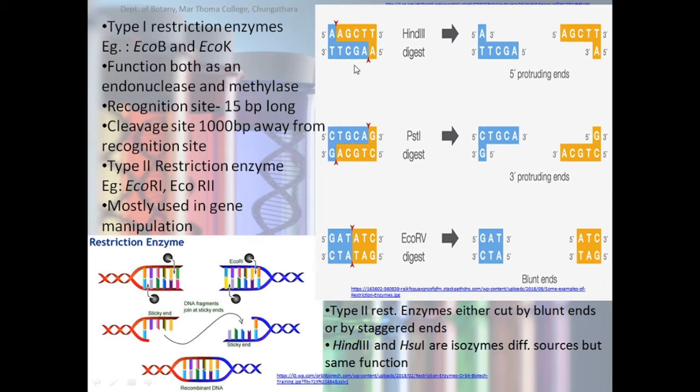This is seen in the image provided here. In the first case you can see there is a 5' overhanging end, that is the staggered cut. When the cut is made in both strands, it is not exactly opposite in cutting the two strands. One cut is made at one place and the second cut in the second strand is made a bit farther from the first side. In the second section, we can see that there is a 3' protruding end formed from the cutting enzyme.